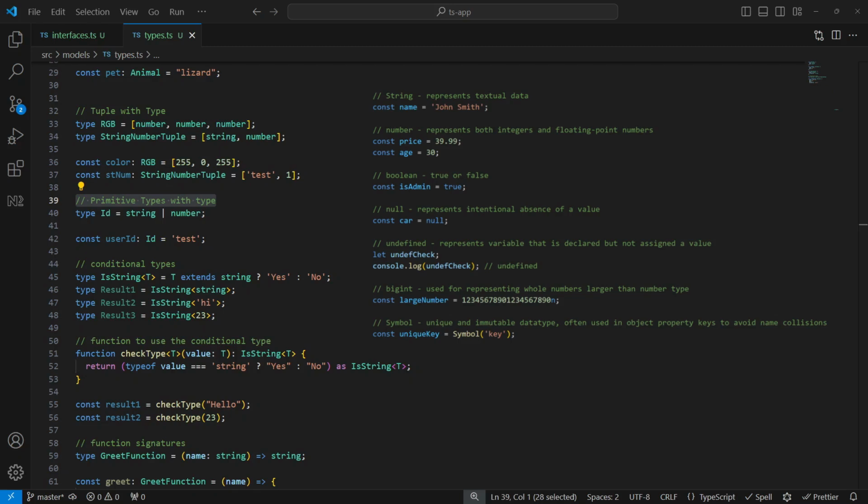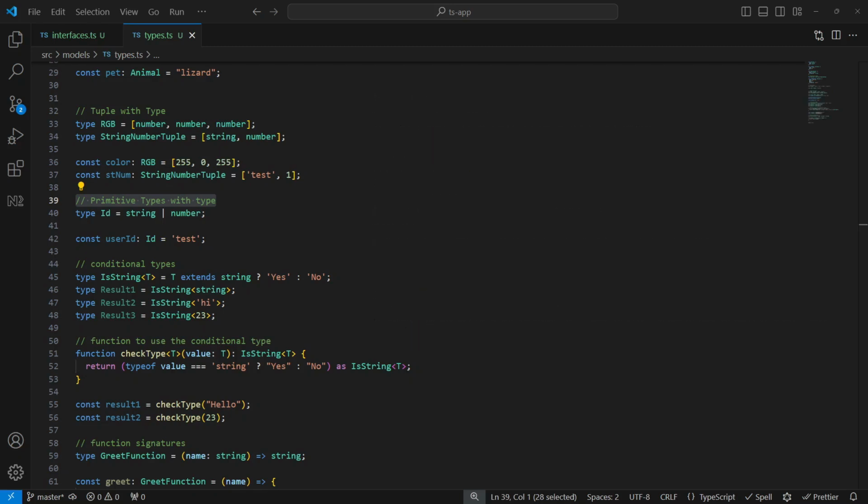BigInt and symbol are some of the things which you might not have seen regularly in your code, but all the remaining types you might be using on a daily basis if you're working with JavaScript or React: string, number, boolean, null, and undefined. So whenever you're dealing with primitives, it's good to use types. For example, I want to create a type ID which can either have a string or number as its value. And that's where we can define a type using primitives that, hey, type ID will be either a string